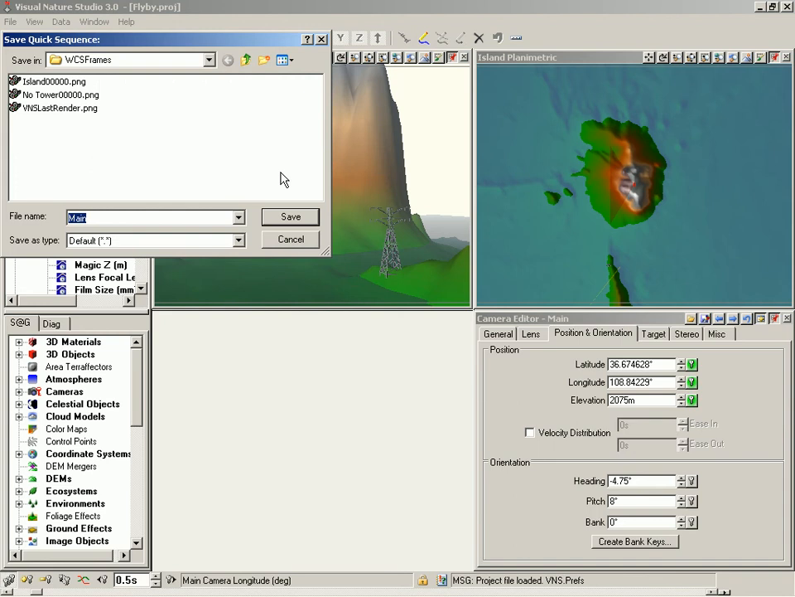I'm going to detour from the written tutorial here. Instead of using QuickTime Pro, I'm going to use another useful little tool. And for that, I'm going to create a new folder here in WCS Frames and name it Main OpenGL. Change to that folder. VNS created a file named main to go with the main camera view, so let's stick